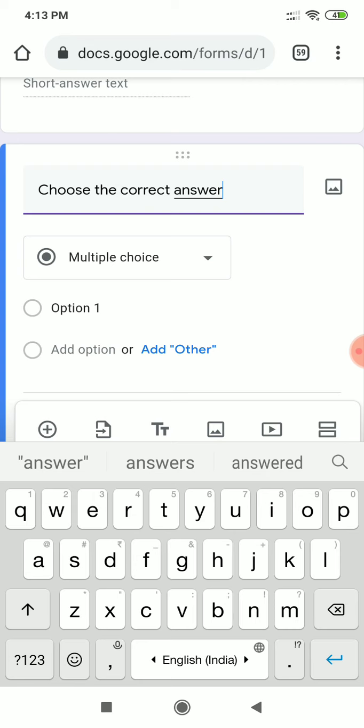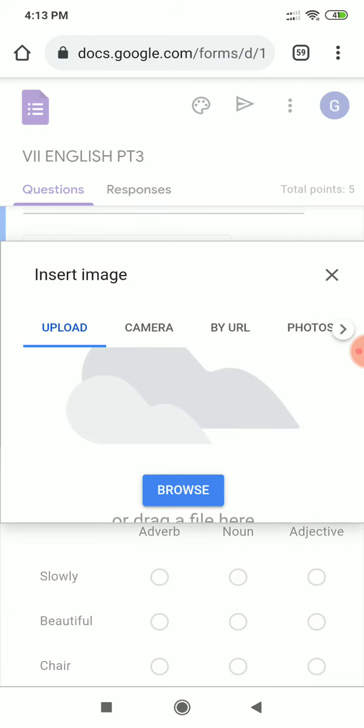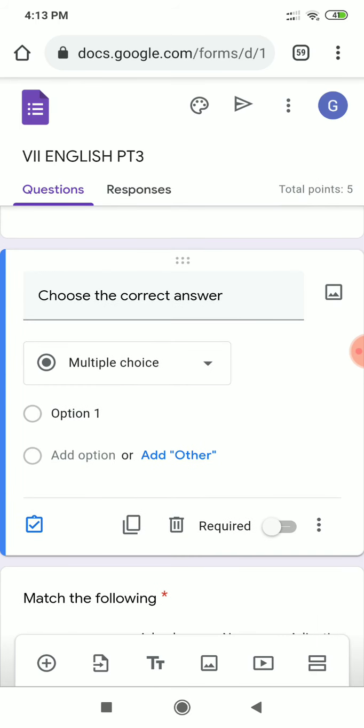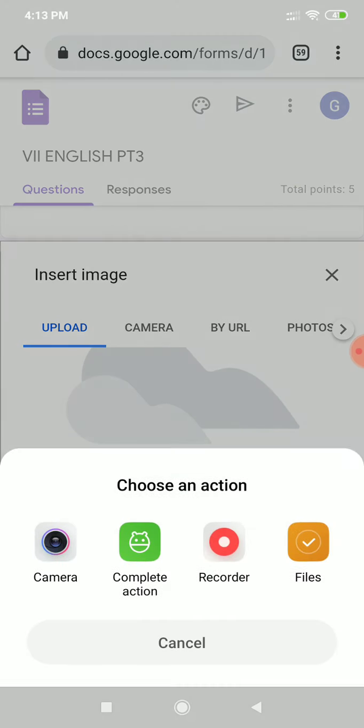Then whatever the options you can give here, and if you also want to add an image to it, click on this sign. See it again, you have to click on this sign on the right side of the image. Choose the correct answer, and you can see a small sign over here. Click on this and then browse and give the image to it.